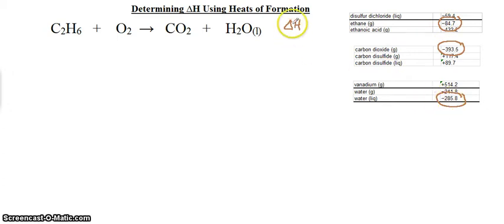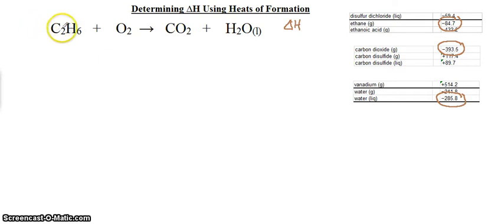So what we do to get the delta H, remember enthalpy is really the enthalpy of the products minus enthalpy of the reactants. So what I'm going to do is I'm basically going to get the enthalpy, the heats of formation of my products, and subtract from that the heats of formation of my reactants. So products minus reactants. First thing you need to do is have a balanced equation,